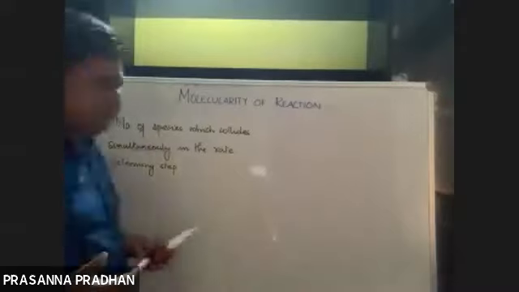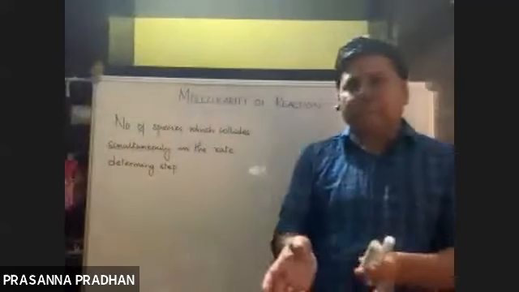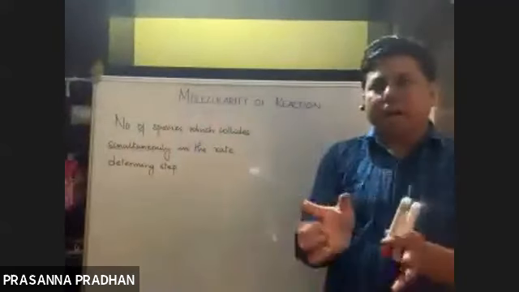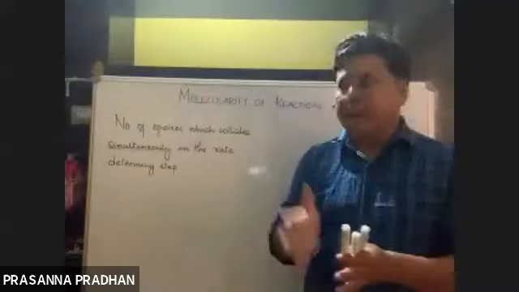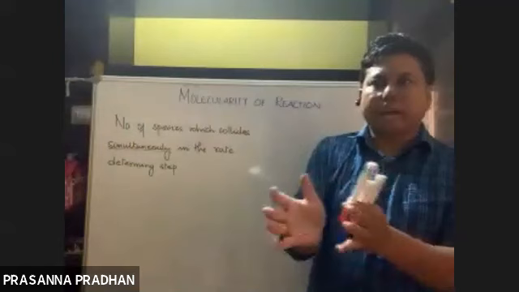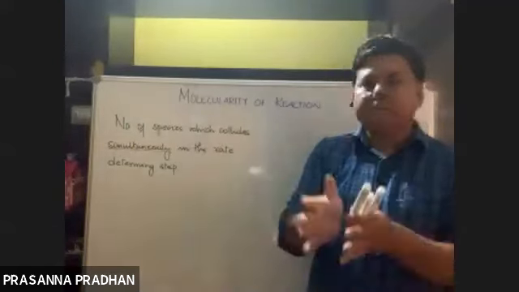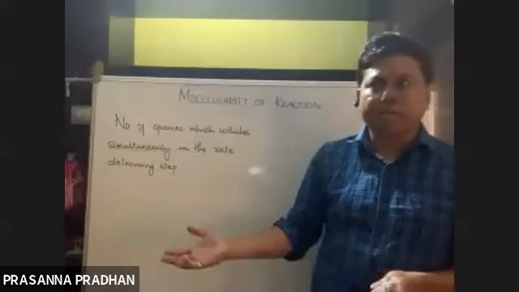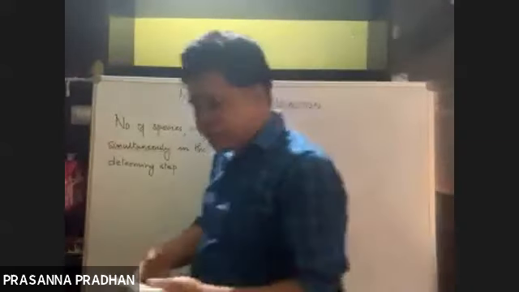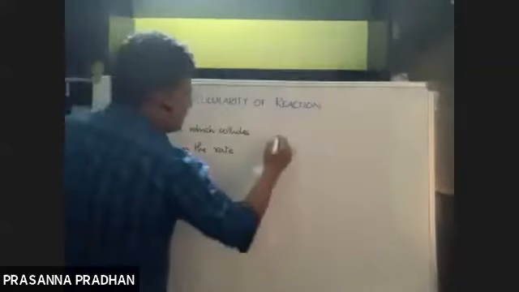Yes, we have discussed in detail the collision theory. It states that for a reaction to occur, there must be collision. And depending upon how many species are colliding in the rate determining step, that gives us the concept of molecularity. If one molecule is colliding, it's a unimolecular reaction. If two species are colliding simultaneously, it's a bimolecular reaction, and so on. So let me give some examples.